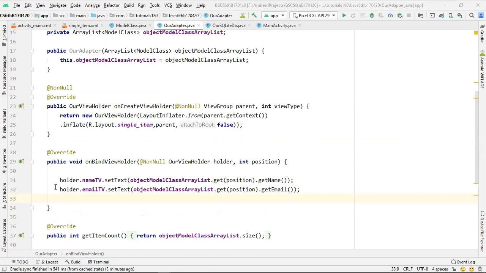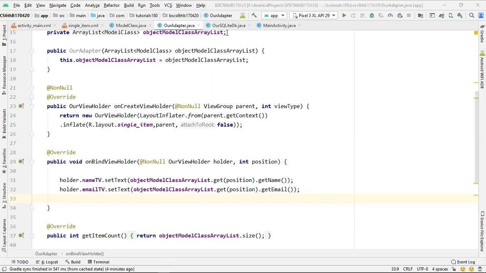First we set the values for the name text view, and next we have set the values for our email text. So we have completed the code for our view holder, our model class, and our adapter. If till this point you have any query or question regarding this, please feel free to ask. Otherwise we will move on.